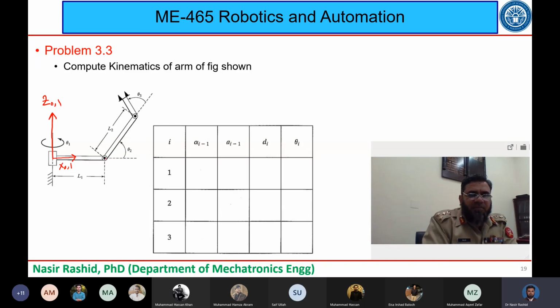So यहाँ पे मेरा z is going to come out of the board, so this will be my x2 and y2, x3 and y3, इसका भी z जो है वो बाहर आ जाएगा।